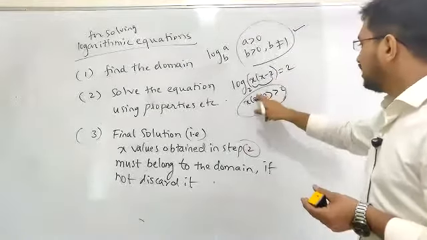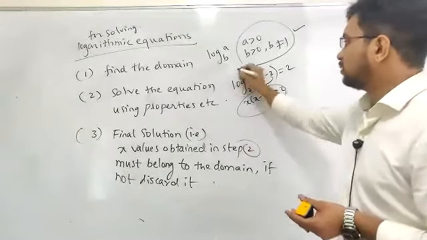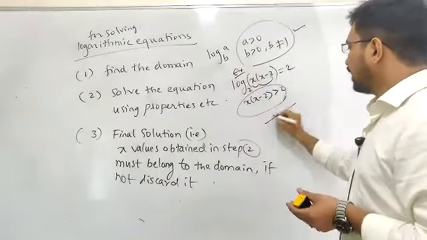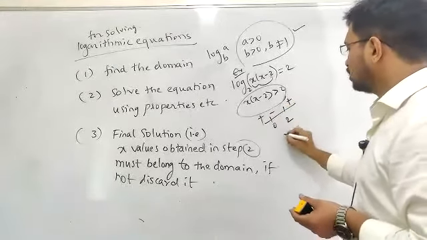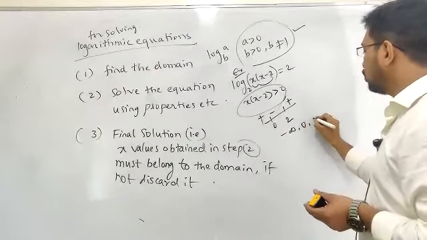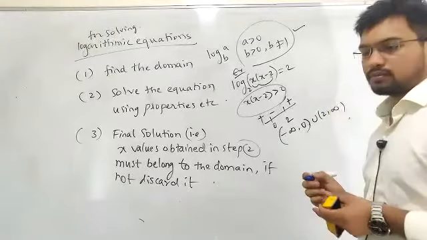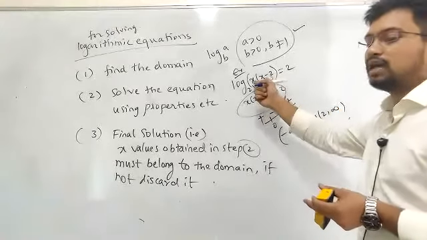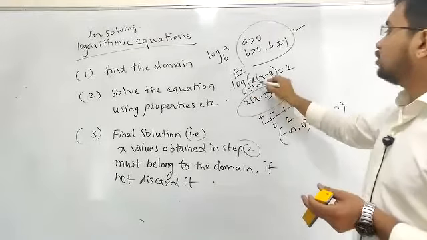So for example, here if I write x into x minus 2 is greater than 0, ఈ ప్రాబ్లమ్ తీసుకుందాం. You will be getting 0 and 2, with plus, minus, plus. So what is the value of the domain? The domain is from minus infinity to 0 union 2 to infinity. ఇది domain. ఫస్ట్ డొమైన్ కనుక్కున్నాం. డొమైన్ కనుక్కున్న తర్వాత then you try to simplify.